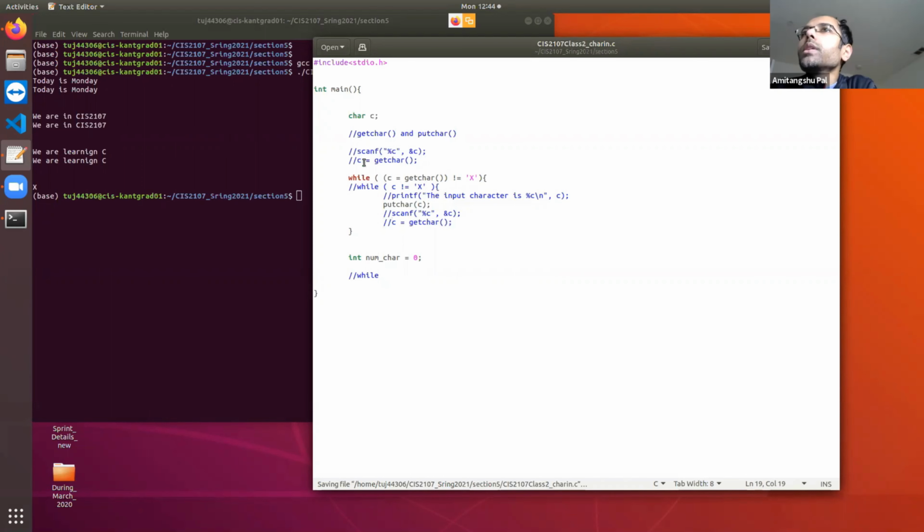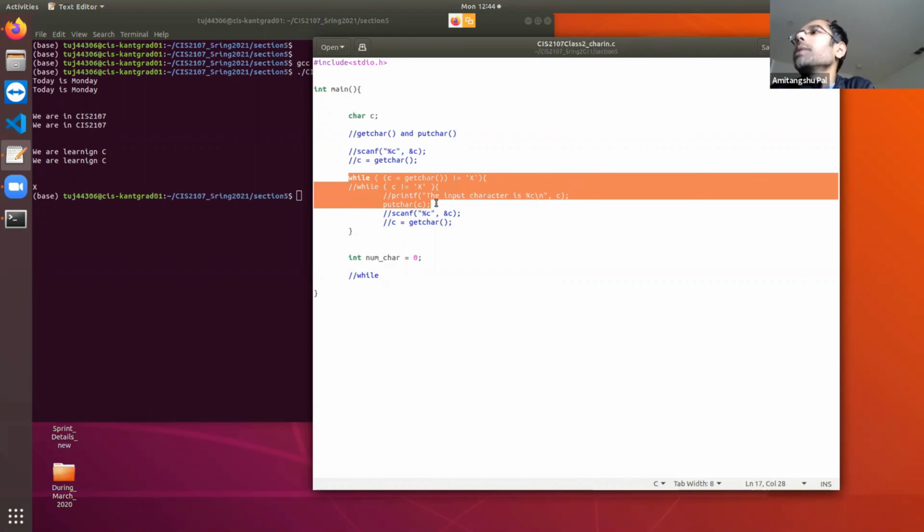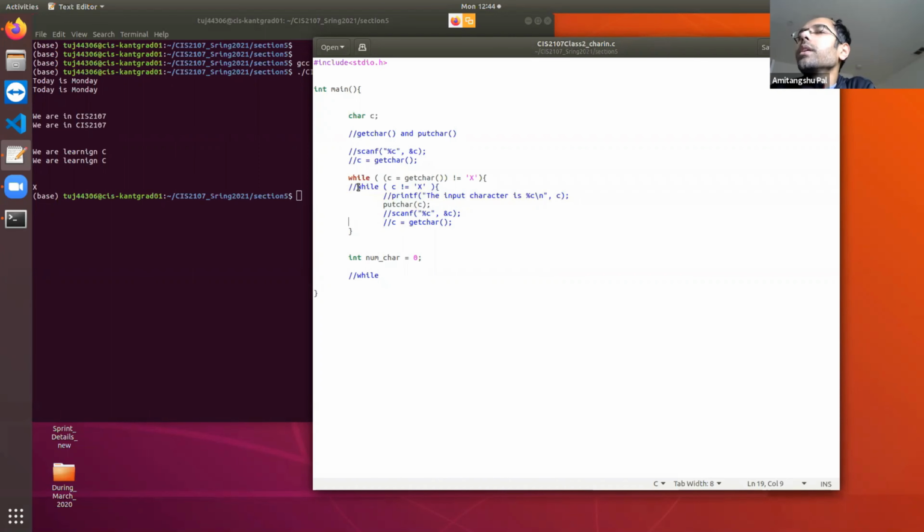Okay. So exactly in these two lines, I can summarize this program, whatever I have written. So here in this line, it is doing two operations. First, it is doing c equal to getchar, and then it's checking whether c is not equal to X. These two operations are happening in a single line. And this kind of usage of getchar you will find in many places.